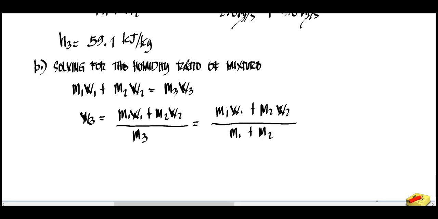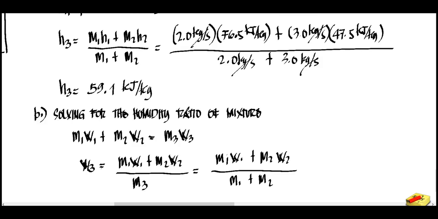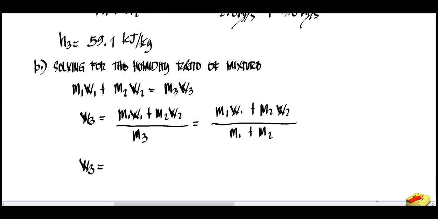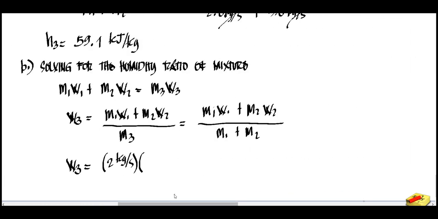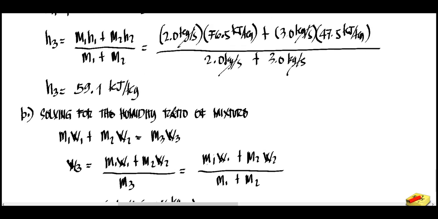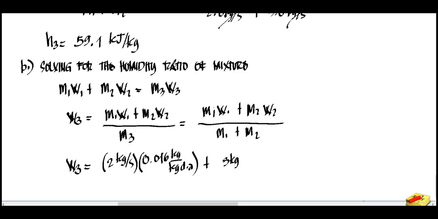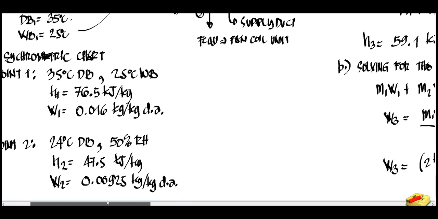Okay. So let's substitute the values in order to get the humidity at point 2. So we have now mass 1. We'll remove the point n. So 2 kilogram per second will be multiplied by the value of humidity 1, which is 0.016 kilogram per kilogram dry air. Then plus mass 2, that will be 3 kilogram per second, multiplied by the humidity at 2, which is